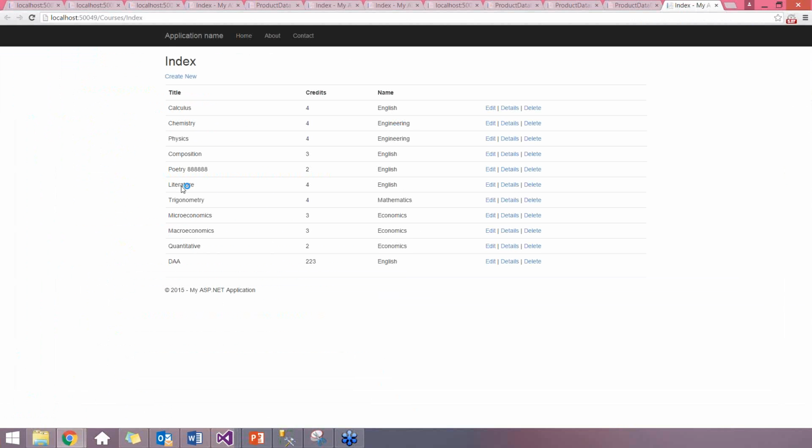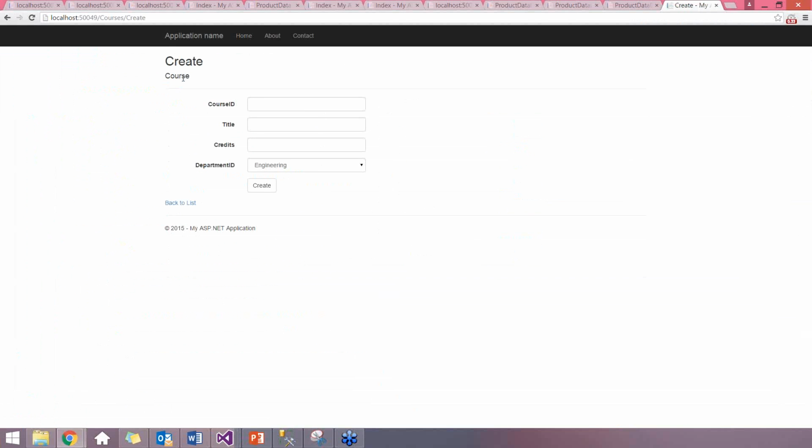application, here you see that I should have all the courses listed. You see that all the courses are listed here on the screen, right? If I want to add a new course, I'll click on create new. I select create new from the top, and here you see the department ID. It is populating since